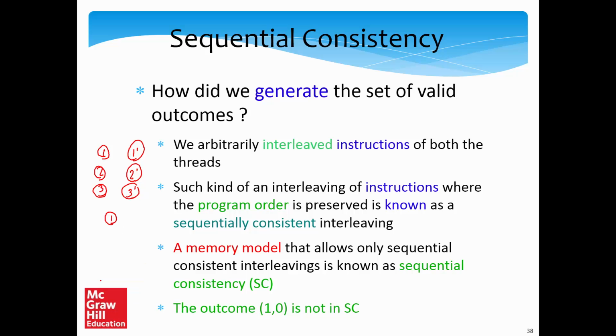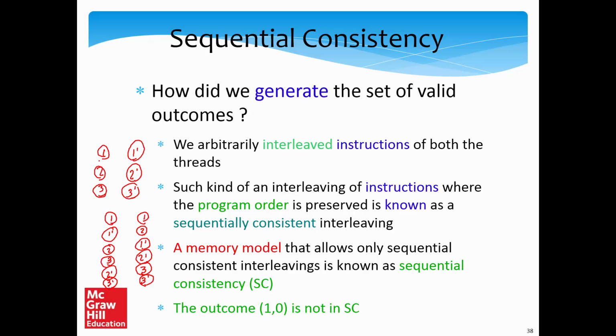Yeah, one execution could be 1, then 1 dash, then 2, then 3, then 2 dash, then 3 dash. One more execution could be 1, 2, 1 dash, 2 dash, 3. These two could be. So, we can generate a lot of executions in this manner, but every execution has a property which is that